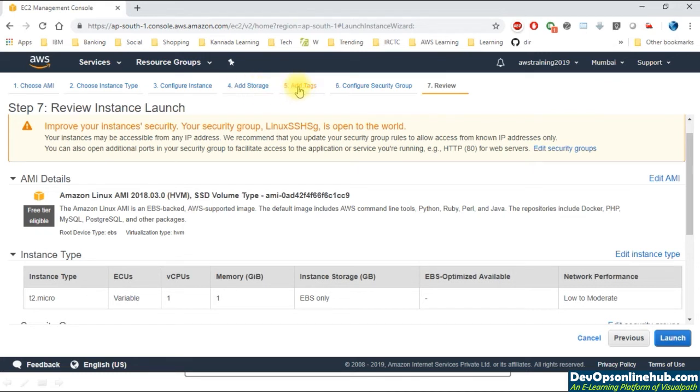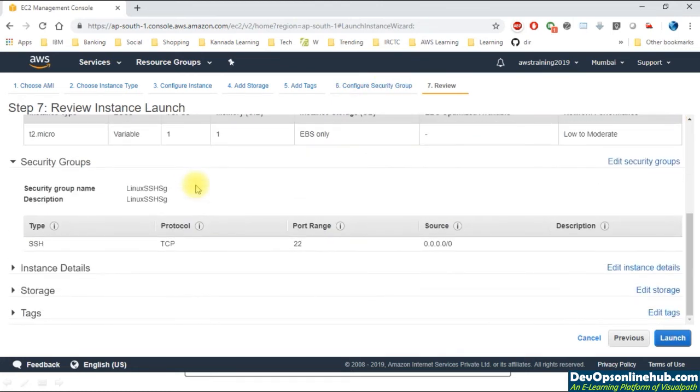Step 5 is the place where we add the tags so that we can organize as well as search in case we want to search with a specific team name. And then finally we have configured the security group where we are opening up a specific port for logging into this virtual machine. And now, finally, after reviewing these details, I'll go ahead and say launch.